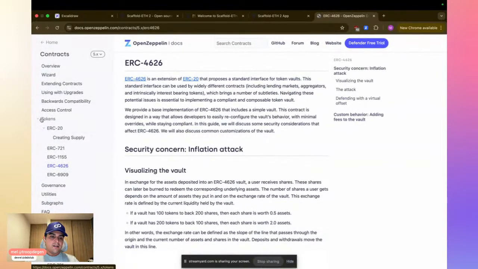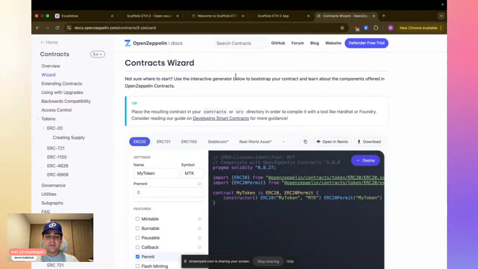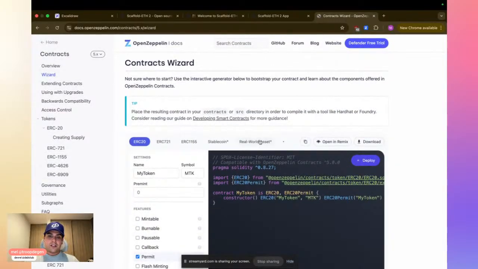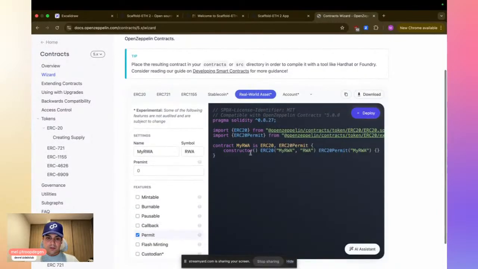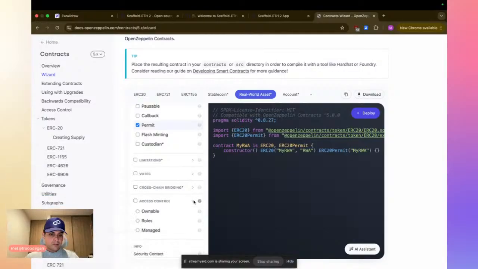Those are usually very respected inside the ecosystem. Whenever you're working with smart contracts, it's very good to use OpenZeppelin contracts, because they have everything that you actually need, and you even see some real world asset ideas here that we can also take if we want, but we don't really need right now.